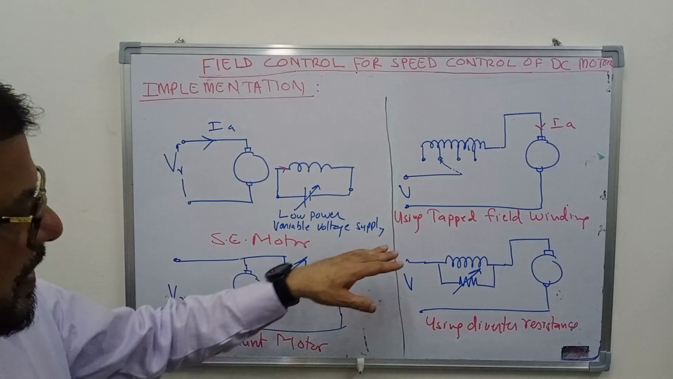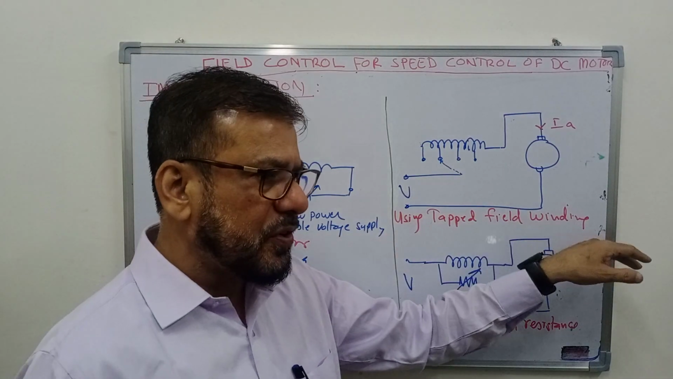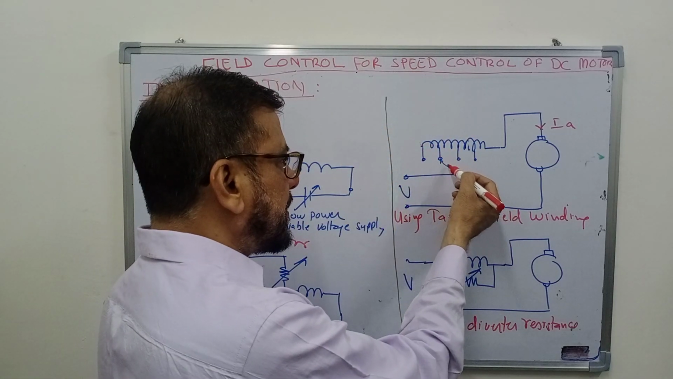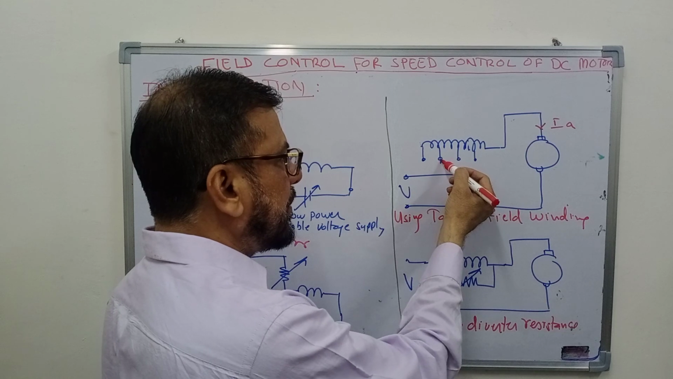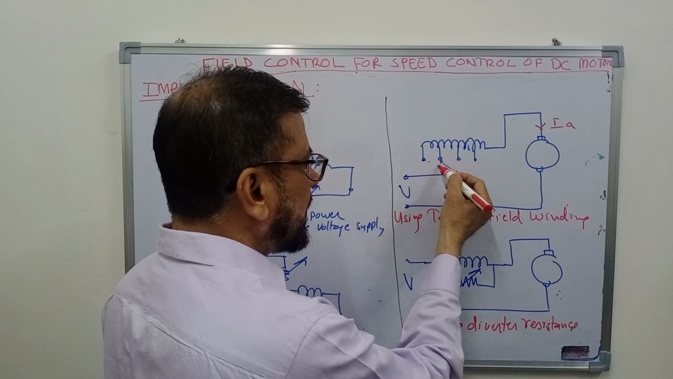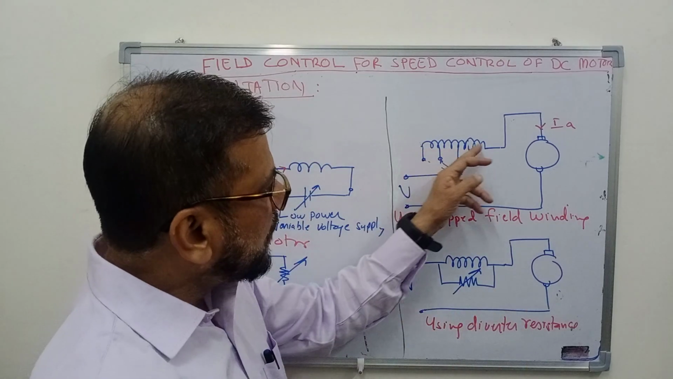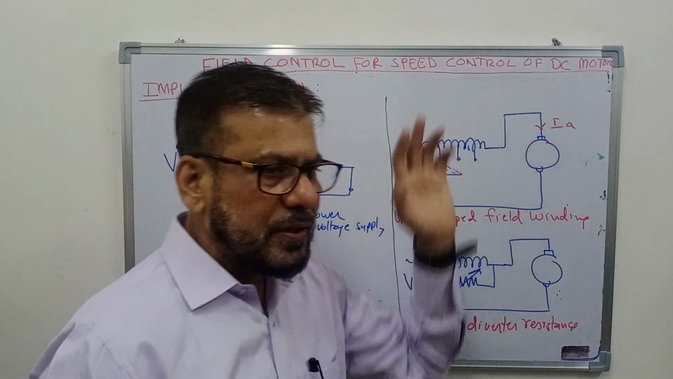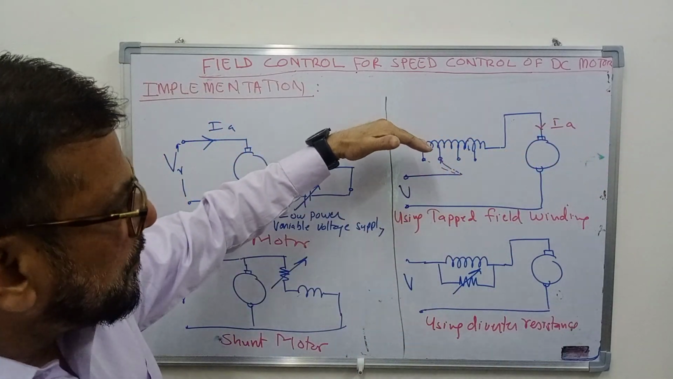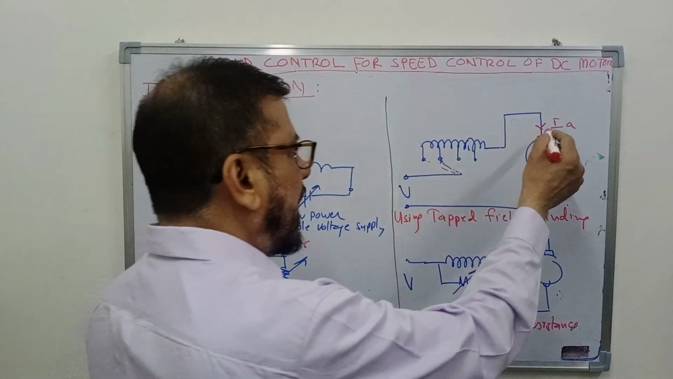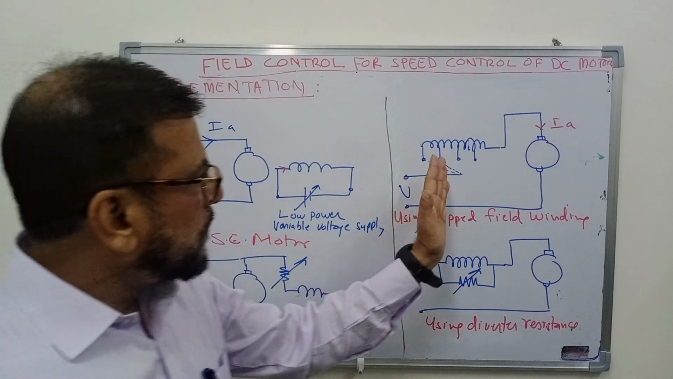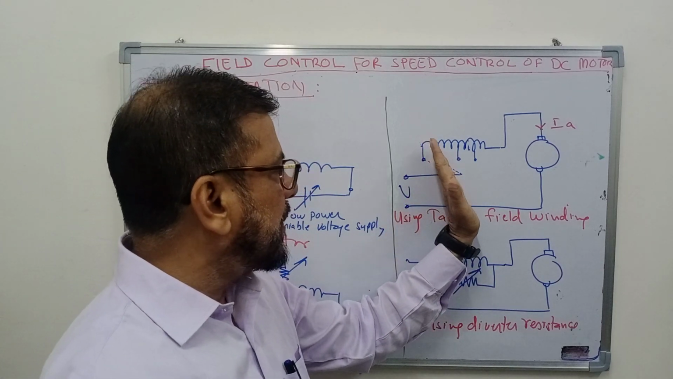So one way is using a tapped field winding instead of a constant field winding. You have different tappings. So if you connect the terminals here, only this much winding will be there. If you connect it here, the first position, then the whole field winding will be in the circuit. So suppose current is constant, the flux produced will depend on Ia into all these number of turns. So if you change the tapping to the second position,